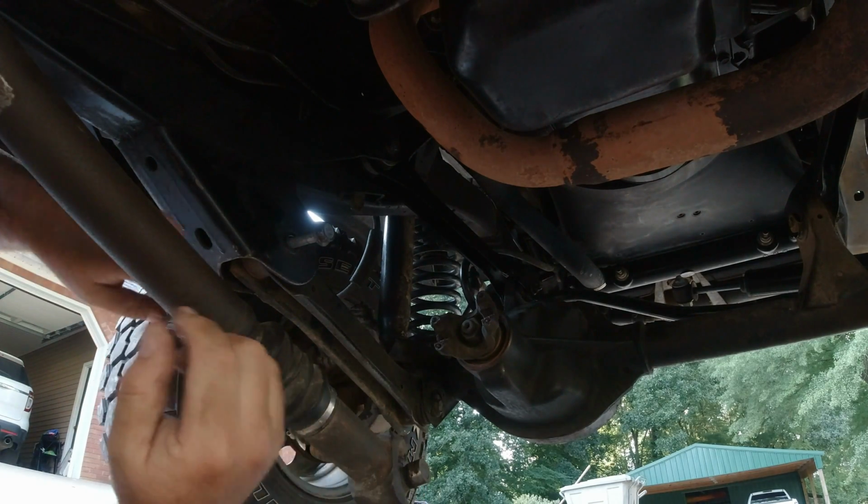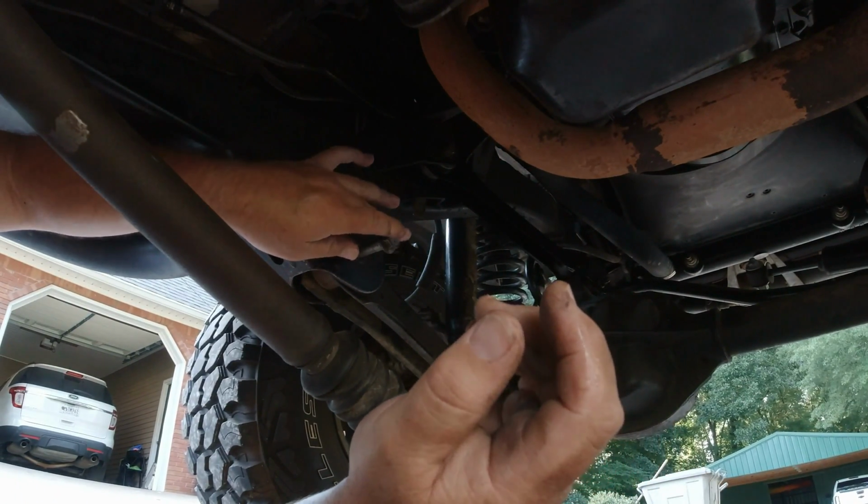Alright, I had to drop the drive shaft in order to get this bolt out right here, so